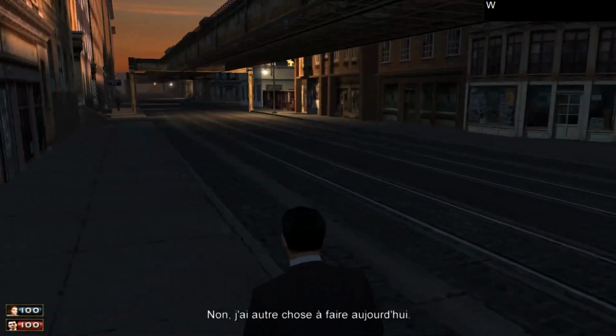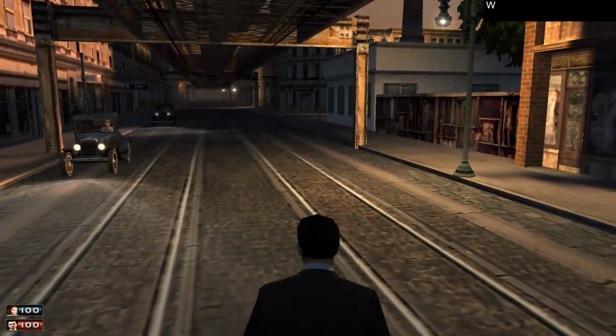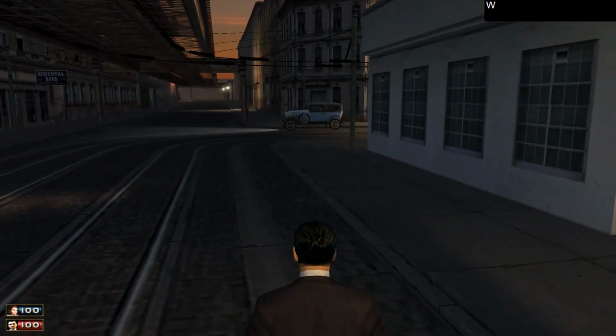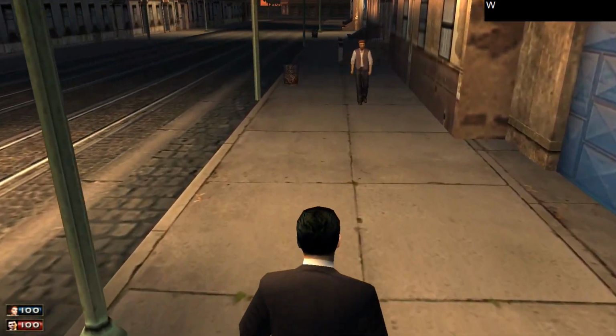Exactly here. And if you don't get this message that he has something else to do today, on the sidewalk, you will fail this mission. So if it happens on the road already, it will be a fail for sure. Now you just go ahead, run straight here, enter Sarah's apartment,